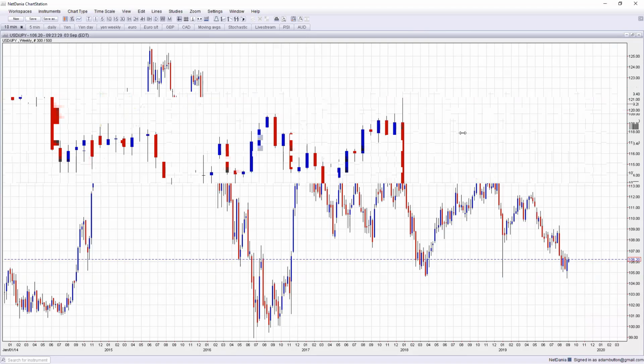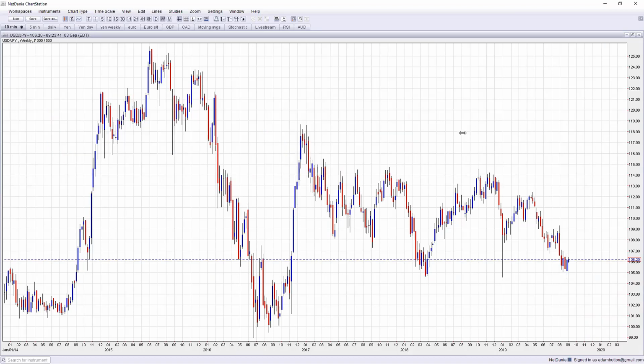And I talk about the yuan and the Chinese getting beaten up, and I think the yen, if you were to add 5% to the yen, you start to run into trouble. You get below 100, you start to run into some trouble with exporters in Japan. You look at this setup right here, it's just trying to make this bottom here at 105. And if that goes, you're probably down through 100. You start to get some hand-wringing in Japan.